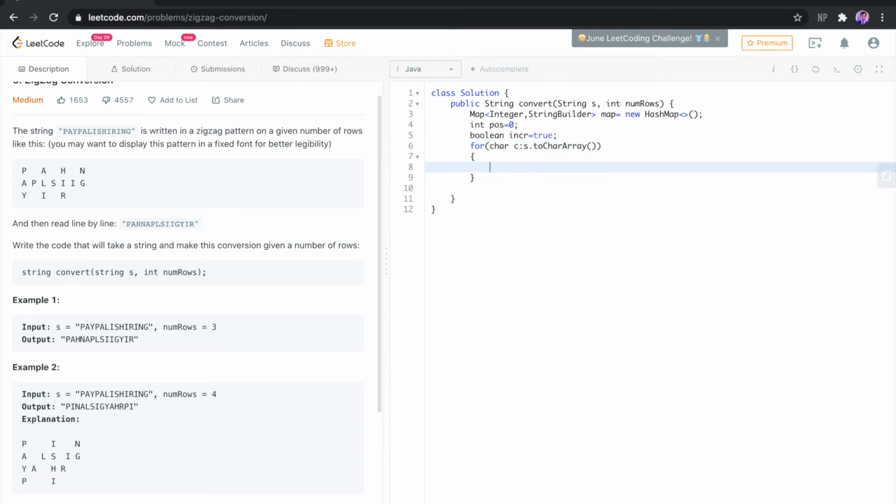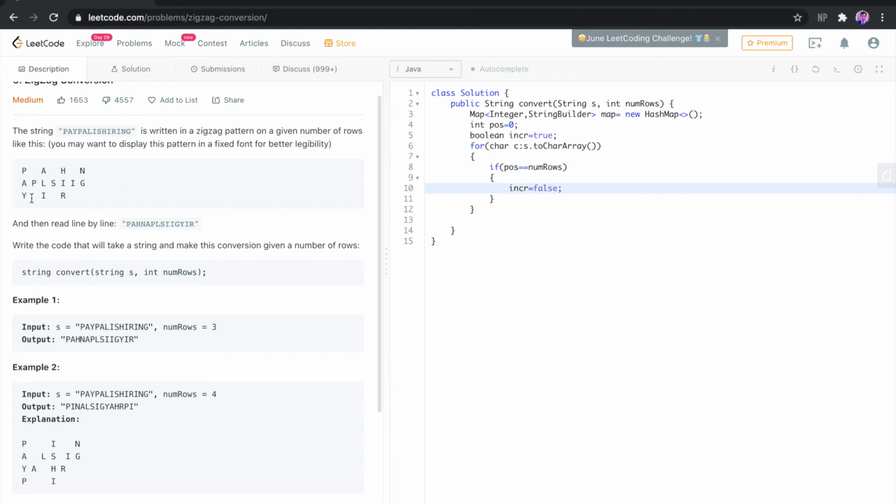Now the next thing is to find out the actual position of our pos variable and when it reaches the final position, the number of rows that are given to us. So we place an if check. If our position is equal to num rows, what we would do is set increment to false.